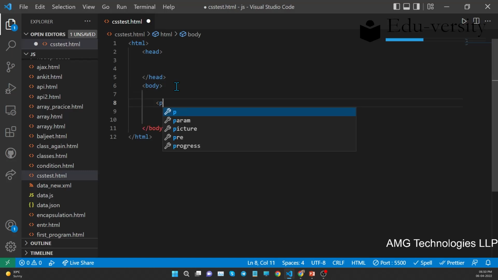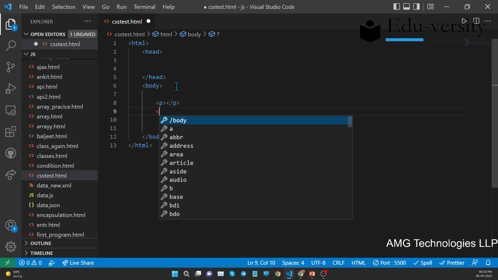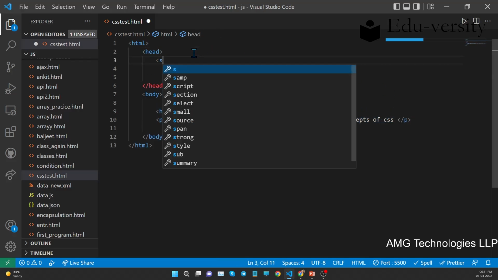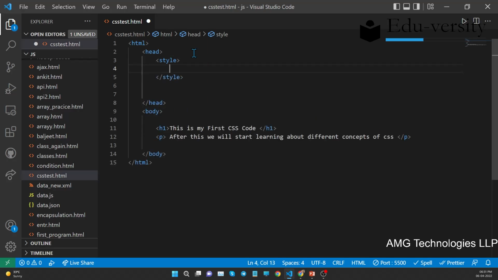Let me define a paragraph tag and an h1 tag. So I have just defined two tags. One is an h1 tag and there is a paragraph. Now I want to style these tags. For styling, we use CSS. For CSS, we have to define a style tag in the head part. Now, as I mentioned in the PPT,